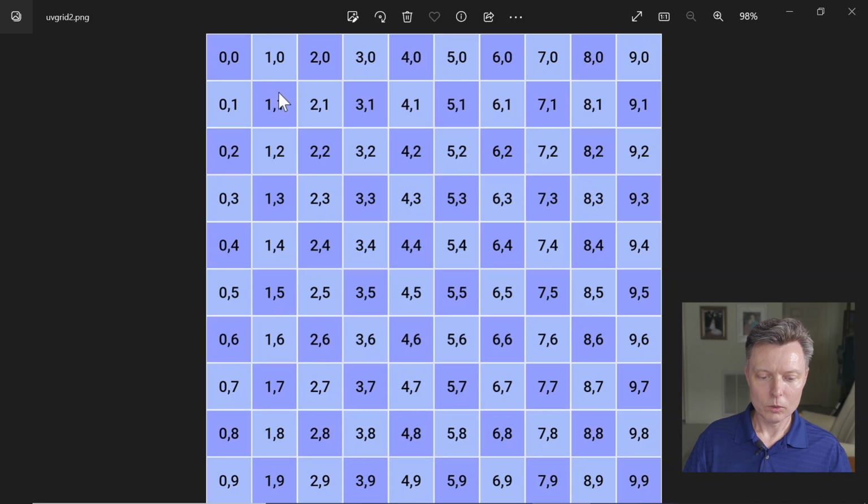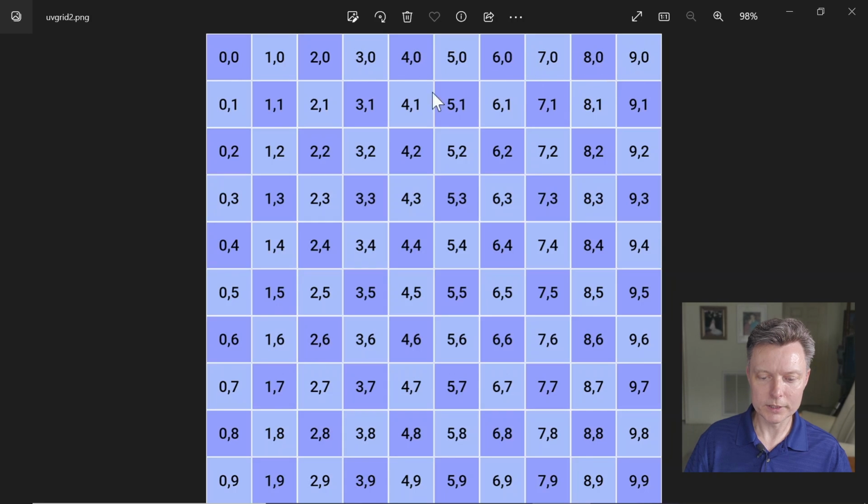And so what we want is the outside loop to go slowly. So the outside loop will go 0, 1, 2, 3, 4, 5, like that. And then the inner loop will go fast. So it'll go 0, like on the left side here, 0, 1, 2, 3, 4, 5, 6, 7, 8, 9,